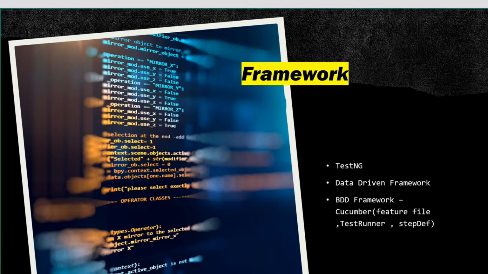There are different programming languages, but why do we use only Java? No, it's not that we only use Java. This will be decided by your lead, your automation lead or your development lead.